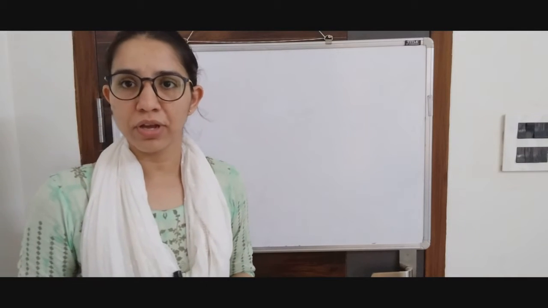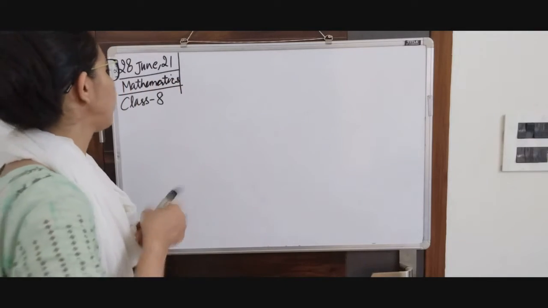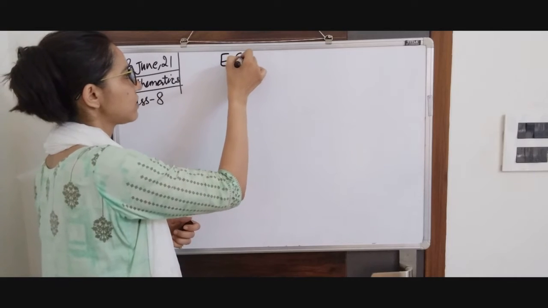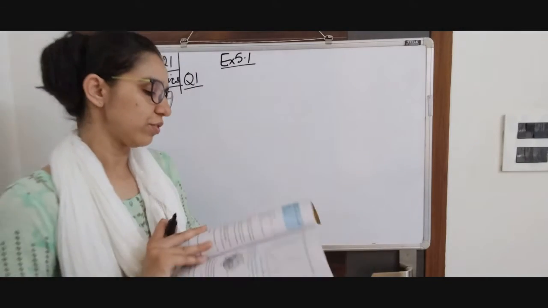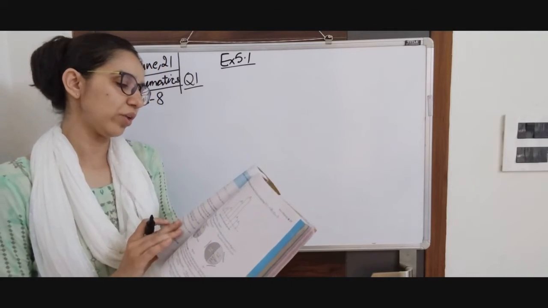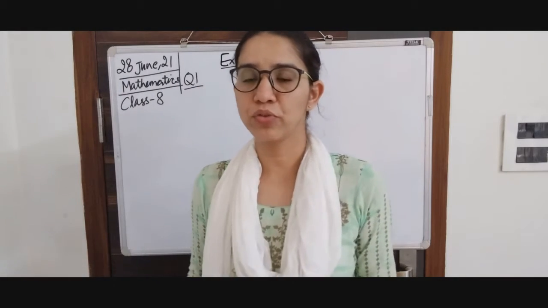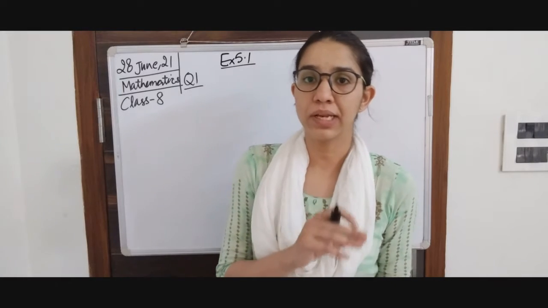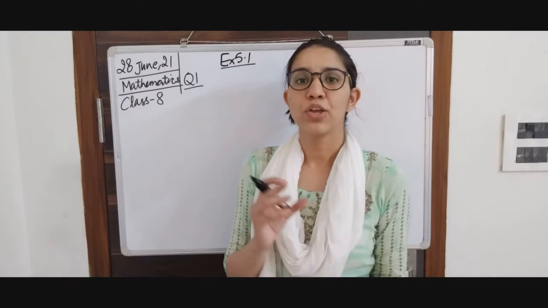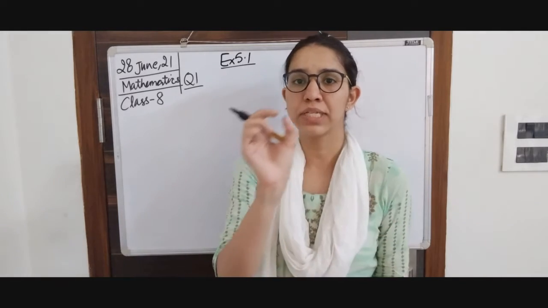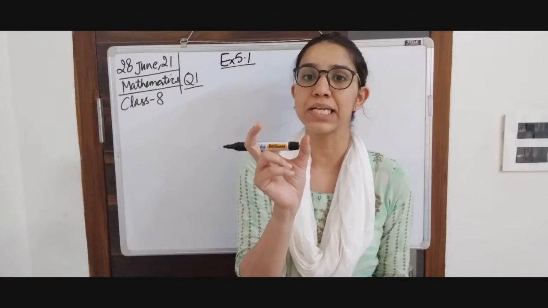So in this class we are going to start with exercise 5.1 and we are going to do some questions from our exercise 5.1, question number 1. In question number 1, tell for which of these would you use a histogram to show the data. If we want to represent our data using histogram, then your data should be in class intervals. Your data should be continuous rather than discrete. Okay? You won't be having frequencies for single values. You will be having frequency for grouped values, or you can say for class intervals.